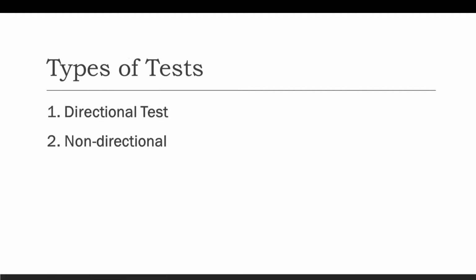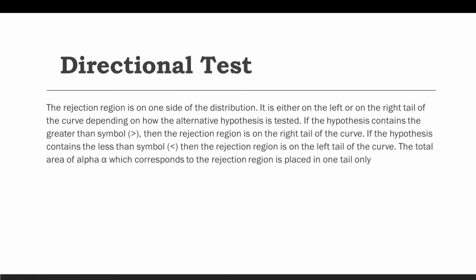So meron tayong types of tests. So first is the directional test and second is non-directional test. So ano ba yung difference nito? So directional test, so the rejection region is on one side of the distribution. It is either on the left or on the right tail of the curve depending on how the alternative hypothesis is tested. If the hypothesis contains the greater than symbol, then the rejection region is on the right